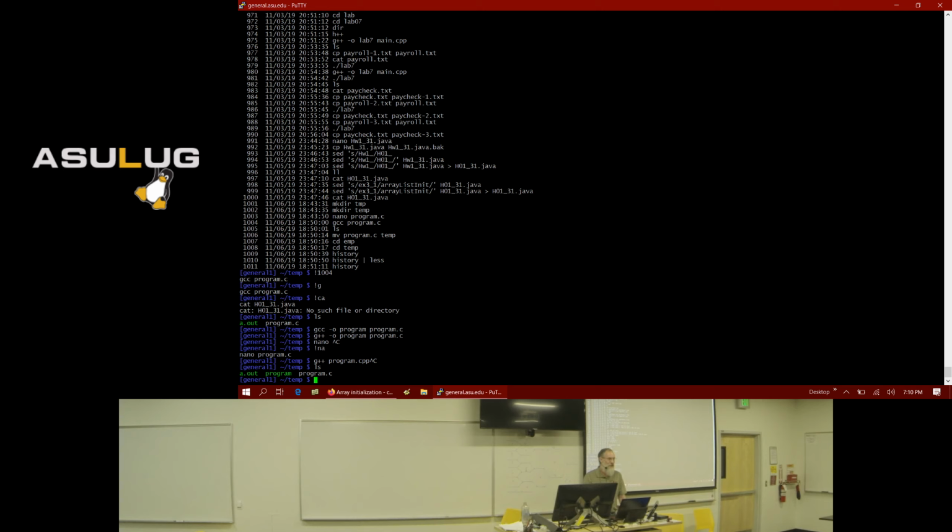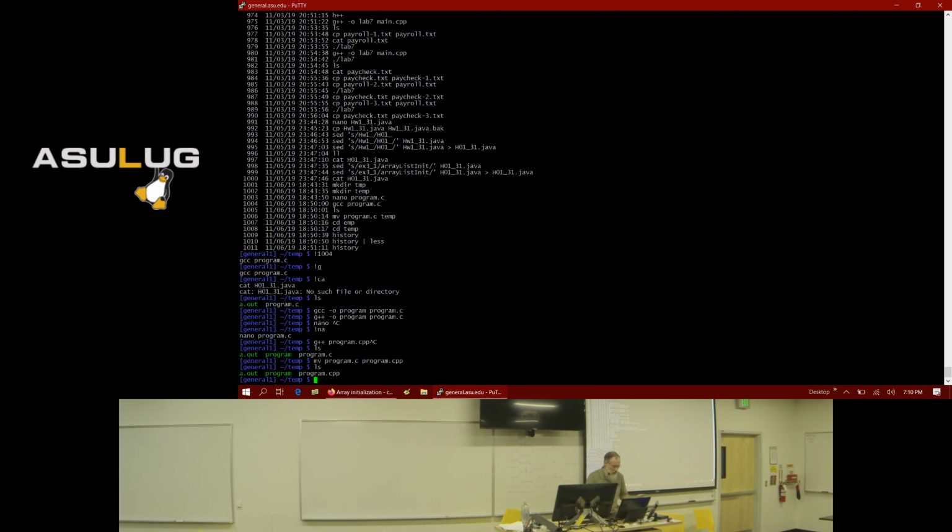The way you do it is you move the file from the old name to the new name. The move command is mv, and that allows you to move a file or a directory from here to there. So I just moved the old file name to a new file name, and now I've renamed my file. You can do that with directories too.